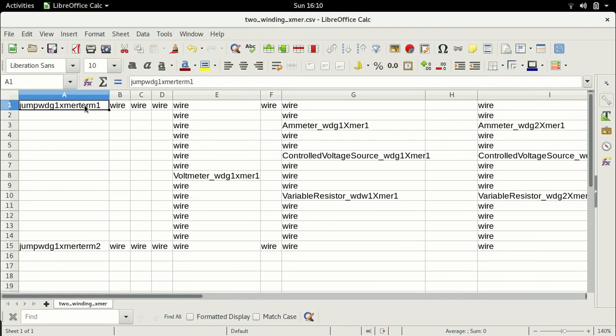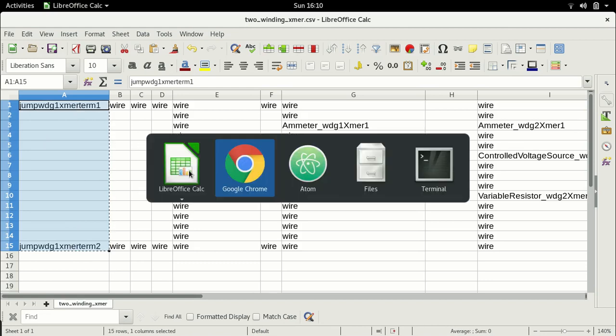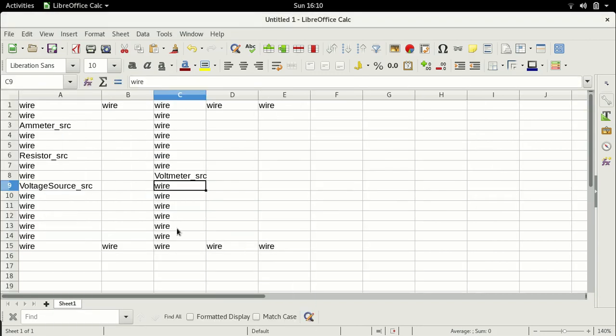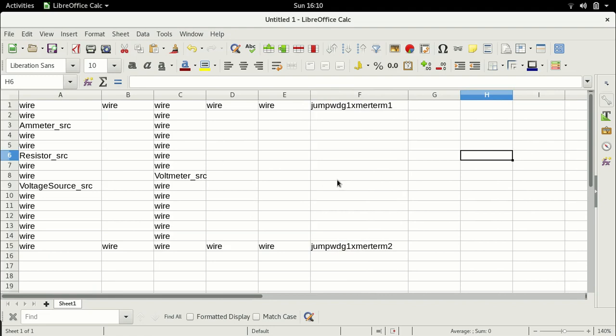So what I would say is, it is a safe option if we select these terminals and paste it in this where we are supplying the other one. Right? So this voltage source is now supplying winding 1. So let's save this file